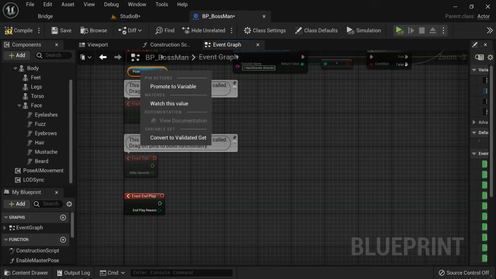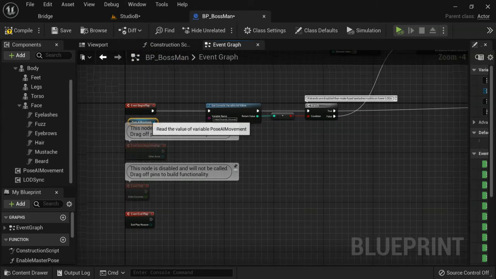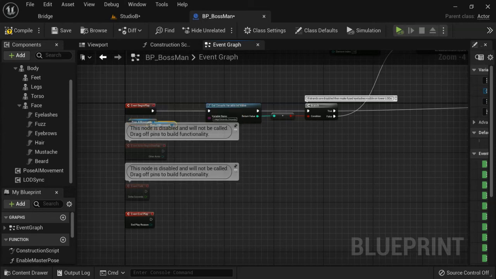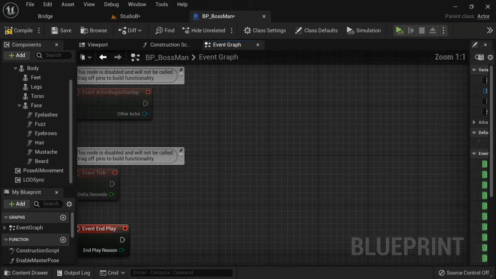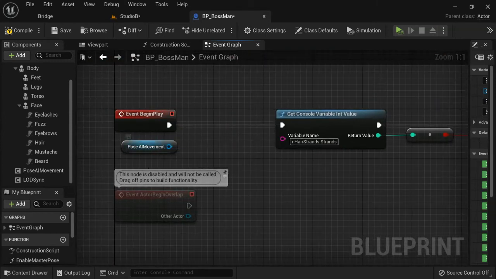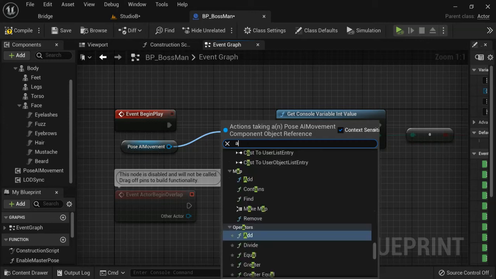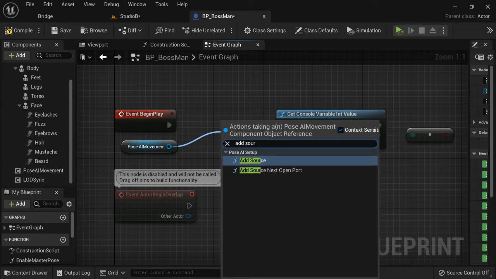So let's see why it's not giving me the ability to duplicate. There we go. So you have to scroll out a little bit and then select duplicate, and then just bring it down to the bottom of the event end and somewhere near the bottom of event begin play. Now from that, you're gonna bring out and go to the blue dot and just pull where it says place node, and you're gonna try to add a source. So add source,